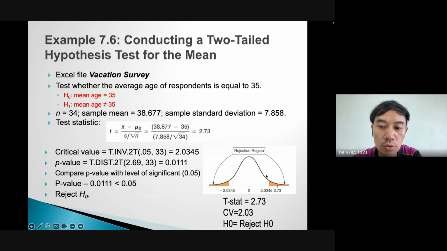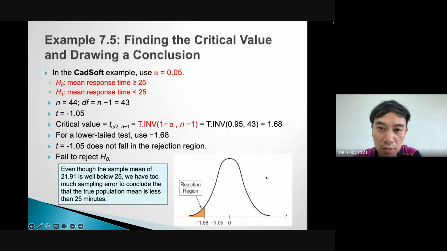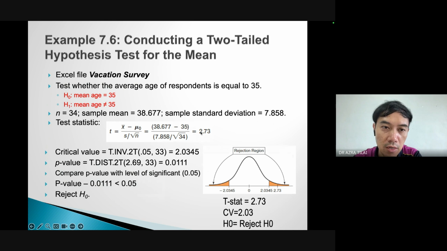When you have a two-tailed test, this now was a one-tailed test. When you look at the vacation survey, this is one of the data sets. They want to test whether the average age of respondents is equal to 35. Normally when you look at this statement, when they immediately say equal, then one should be like this, and another one should be not equal. So remember, when we go back to